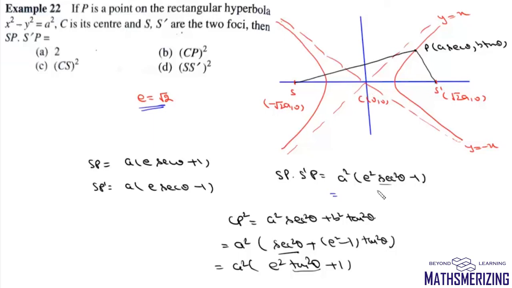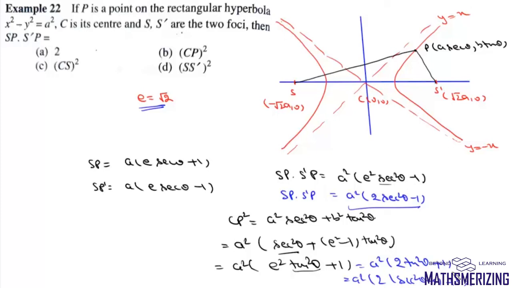So we'll put e as root 2, then we can write SP into S'P as a square into 2 sec square theta minus 1, and here we can write it as a square into 2 tan square theta plus 1, and we know that tan square theta is sec square theta minus 1. So it'll again be a square into sec square theta minus 1. So from here we can say SP into S'P is equal to CP square, and that's your option